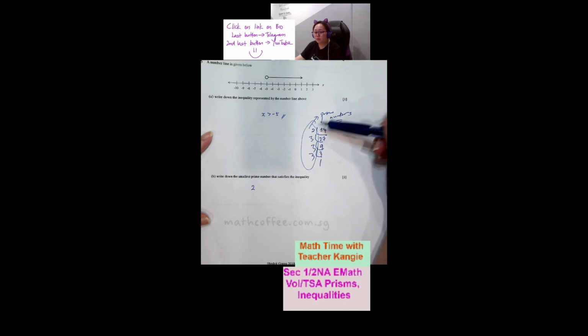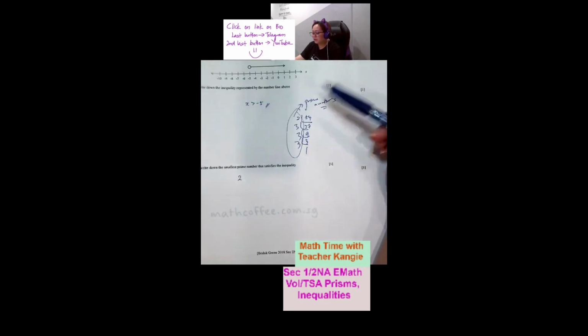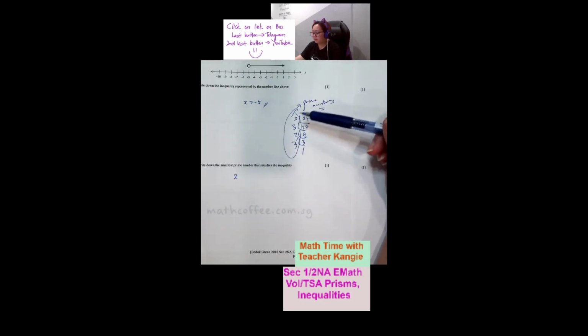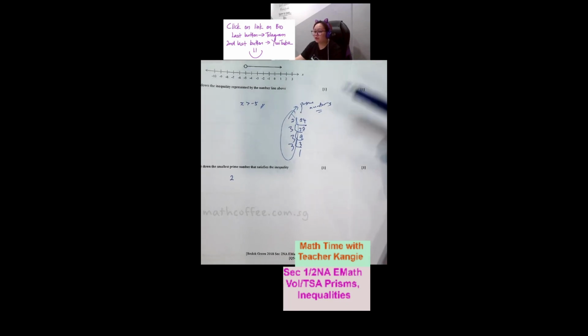What is the smallest prime number? I already hinted you here already. What is the smallest prime number? Prime number is only positive. It's only a positive integer. And the smallest prime number,